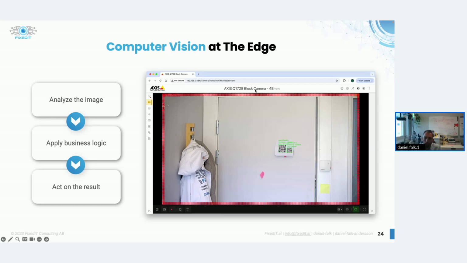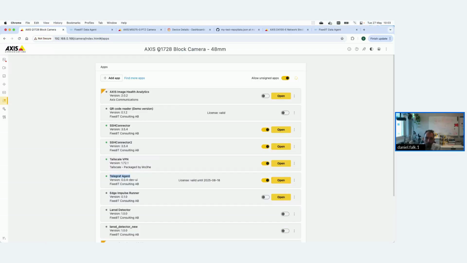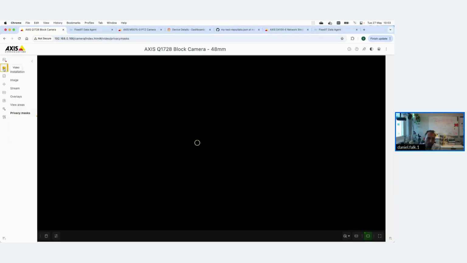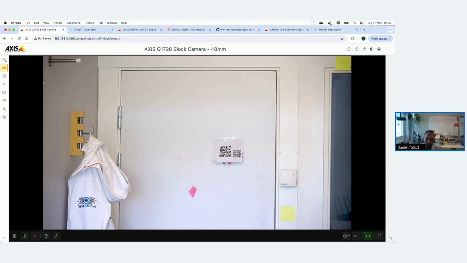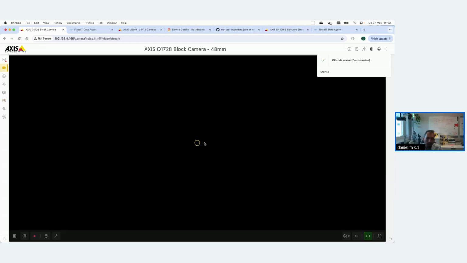So for example, we talked about QR code reading before. So let's head back to our OPIC 9 camera here, the Q1728. And here, if we go to the live view, we can see that we have 2 QR codes currently on the door. And if I go to app and I enable our QR code reader application, then we should see